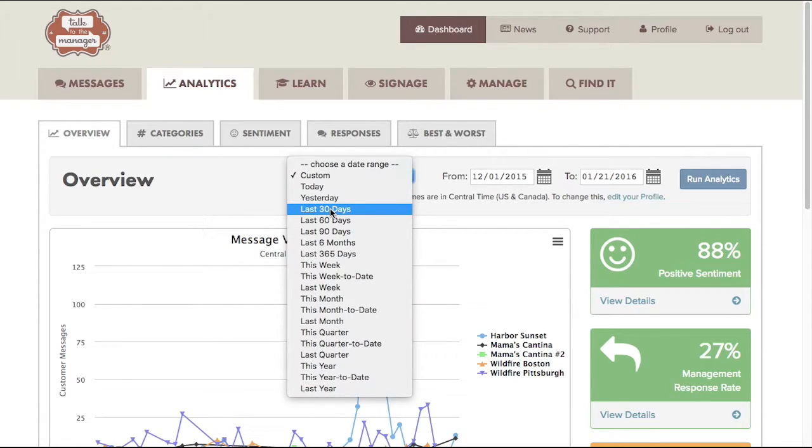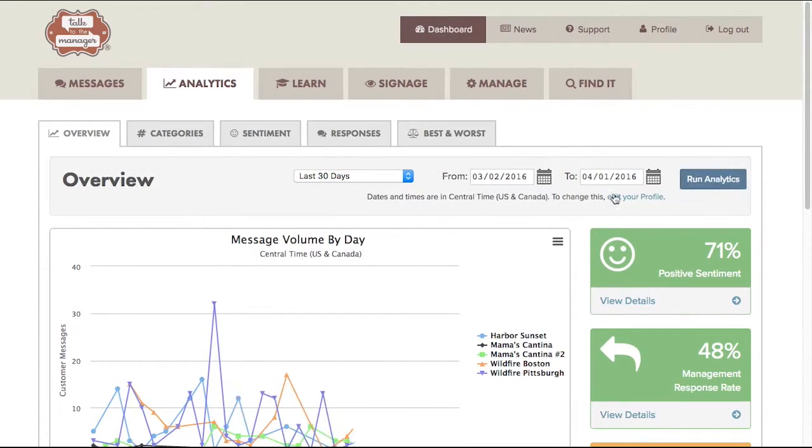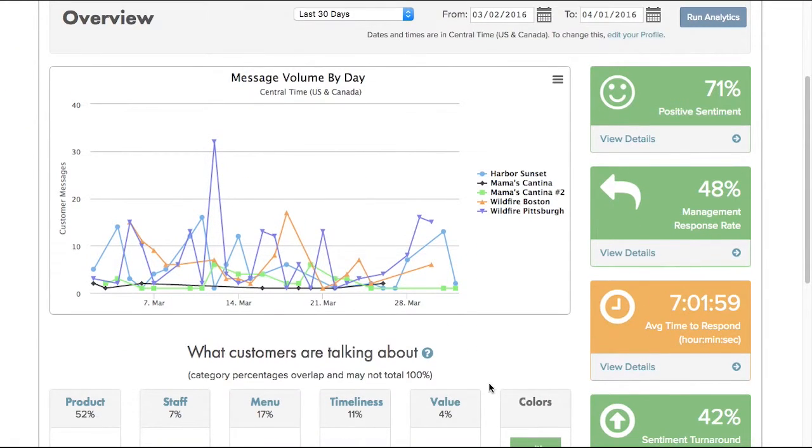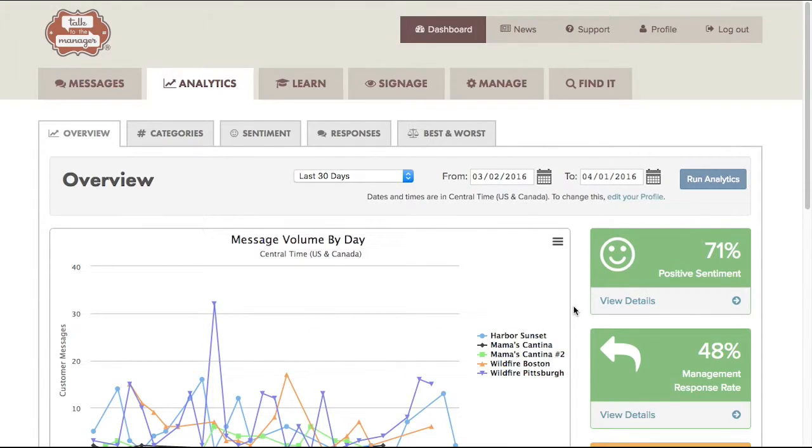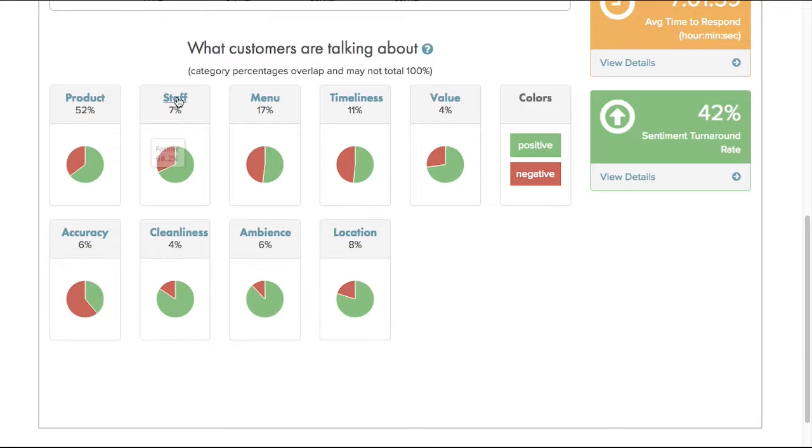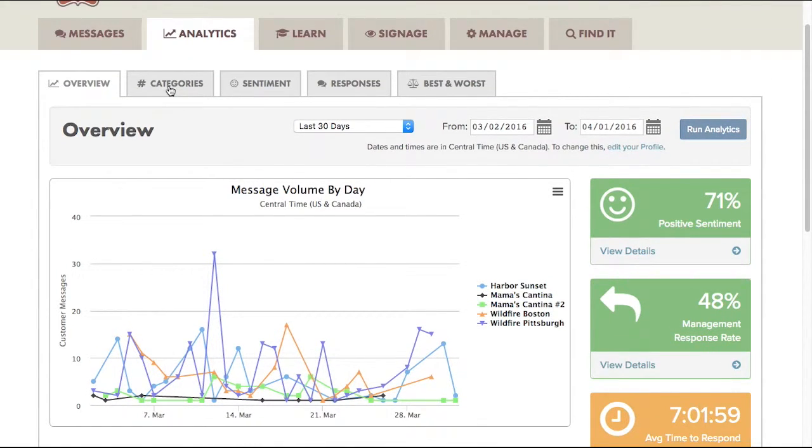I'm going to go back to the last 30 days again. Now keep in mind that whenever I change this time period, that time period is preserved as I click through all of these tabs and click to drill down into these, so that I never really have to go back and reset my time period. So I'll start first and click on the top tab, which is categories. I can click to here, or I can also scroll down and click into one of these individual ones. It will take me to the same place. But if I show you this categories,